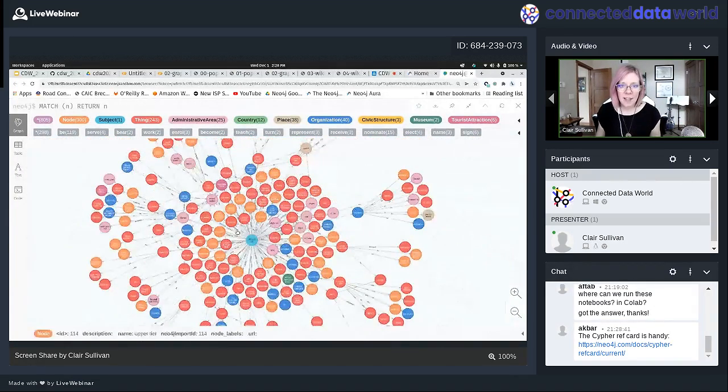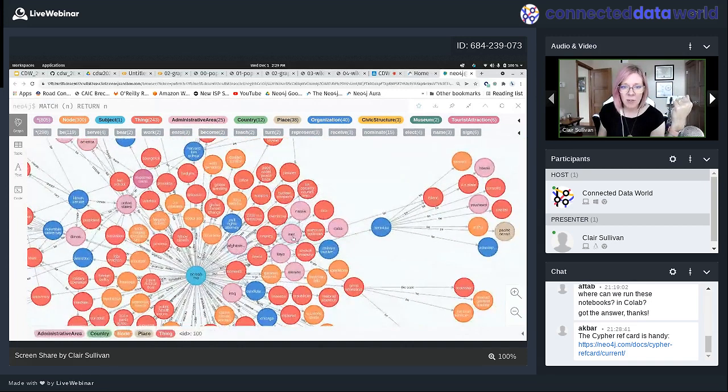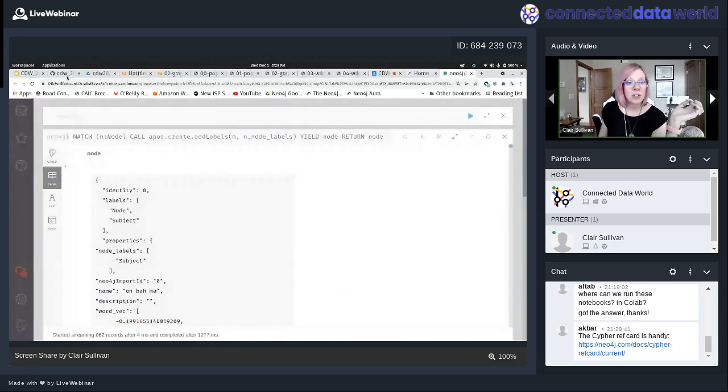Okay, and what we see is that my node types are all labeled different, or the colors correspond to my node label. So I have my subject here in the middle, Barack Obama, and that's kind of like that teal color. I have things, which are in red. Now you'll find out that they're not always accurate. Like I see Hillary Clinton is a thing. Just like Taylor Swift was a thing. I have administrative areas, which are in pink. And if I scroll in, it actually does a fairly decent job on administrative areas. I've got Afghanistan, Iran, Libya, Hawaii is way out here. Organizations, kind of hit or miss, but we now have a graph to work with. So cool. Let's do it.